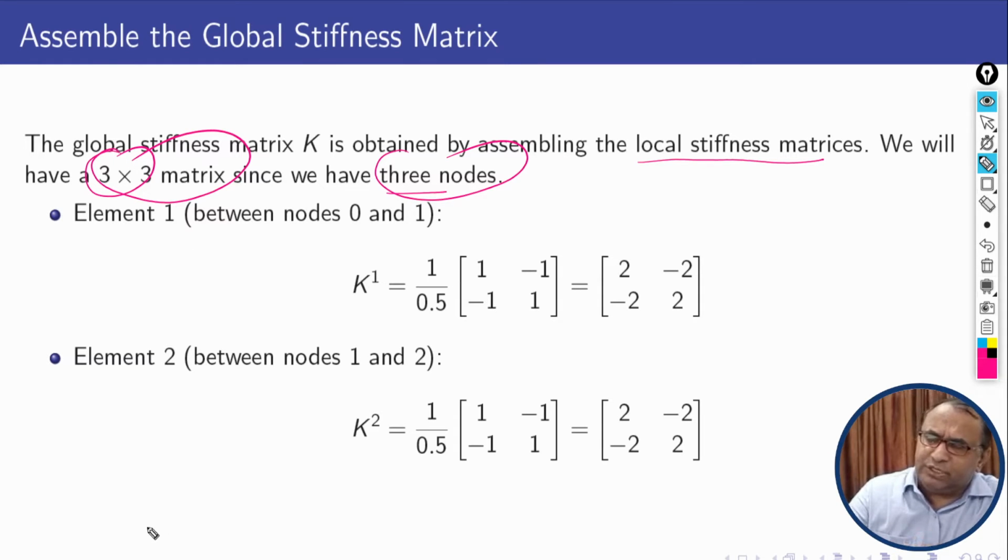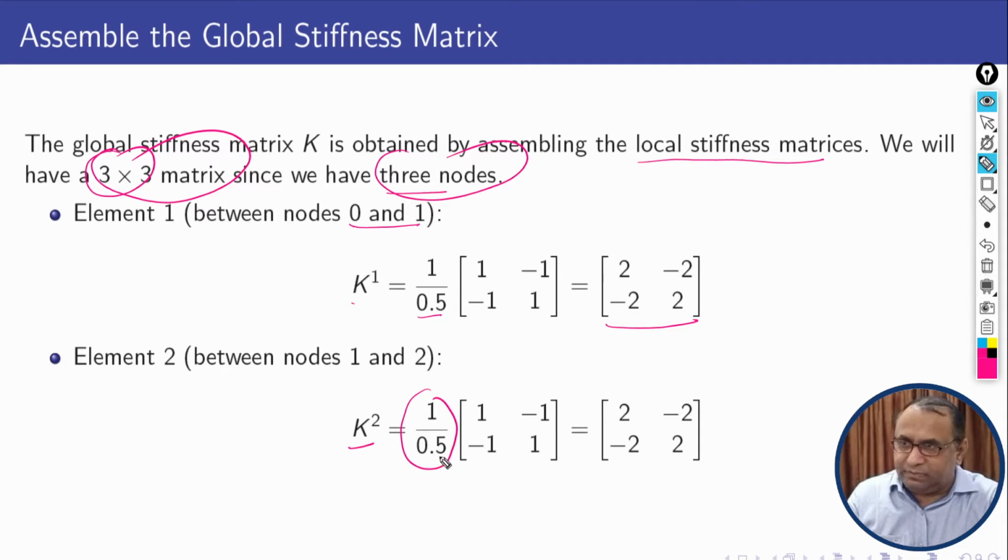Now we need to compute element 1 between 0 and 1. So K1 will be equal to 1 upon 0.5 times [1, minus 1; minus 1, 1]. This will be equal to [2, minus 2; minus 2, 2]. Now element 2 between 1 and 2: K2 is equal to 1 upon 0.5, where 0.5 is the value of h, times [1, minus 1; minus 1, 1], which will also be equal to [2, minus 2; minus 2, 2]. So these are element 1 and element 2, which will help us to find the global stiffness matrix